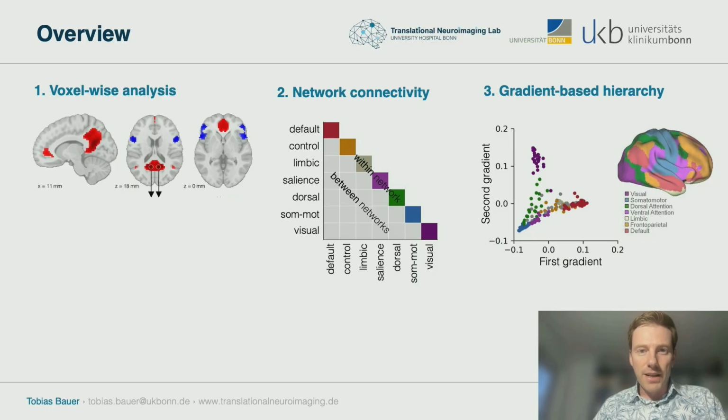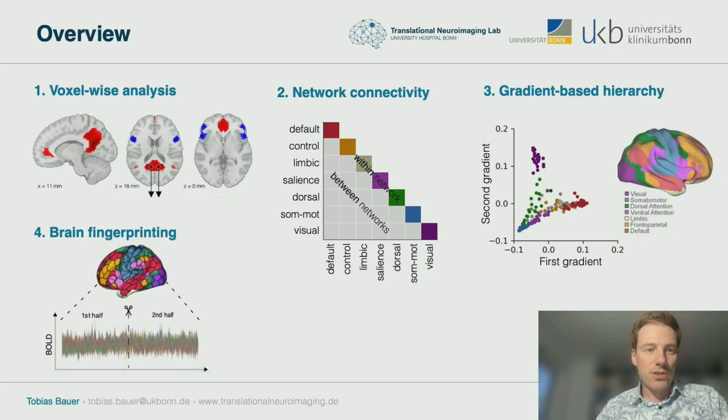Third, we used a gradient-based approach to investigate the underlying hierarchy of networks, not using a network model from the outset. And the fourth and final approach that I wanted to show is the so-called brain fingerprinting approach, which is aimed to look at how the resting state pattern is specific to an individual brain